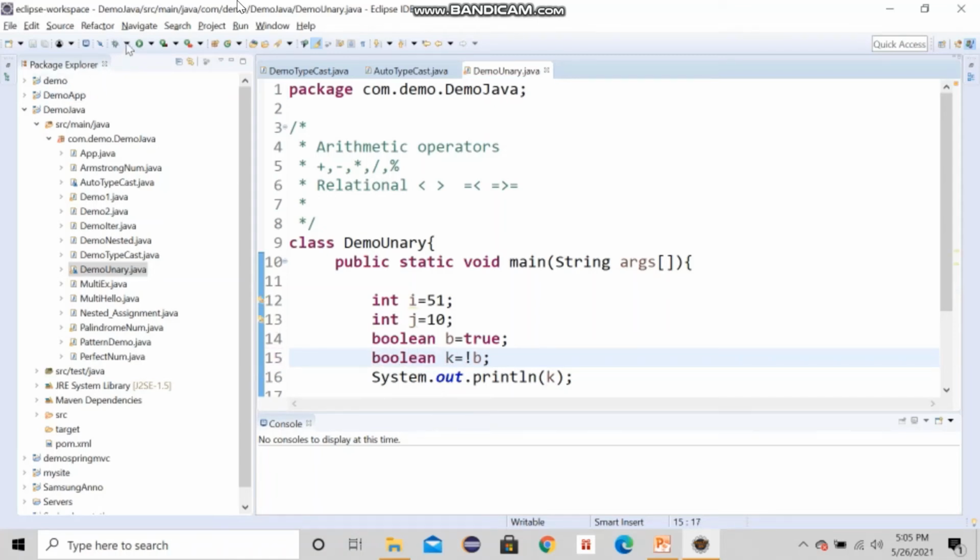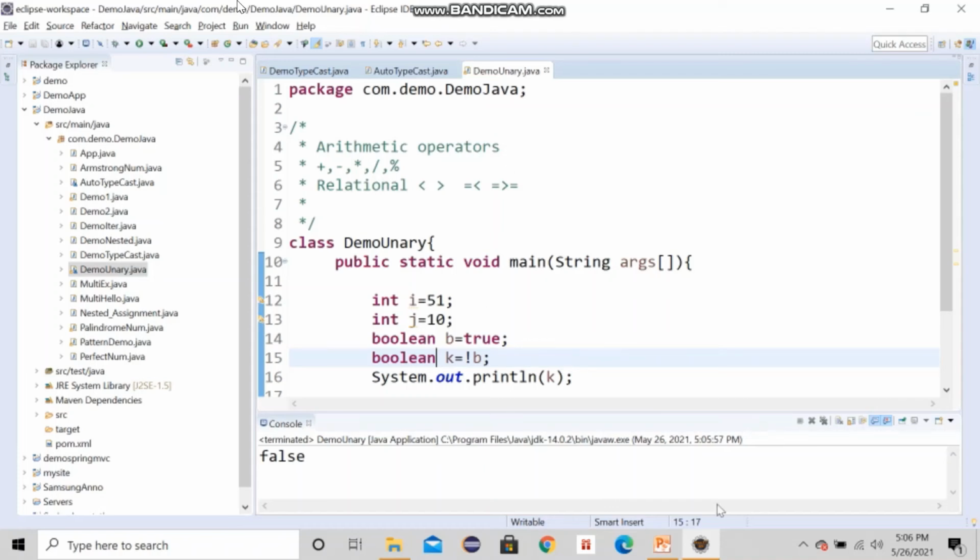Now it is correct. So it will show you an error if you make this mistake by accident. It is showing the boolean value false, because not true is false. If it is false then it will say true. Whatever boolean you give here, it will be the reverse of it. So this is about relational operators.